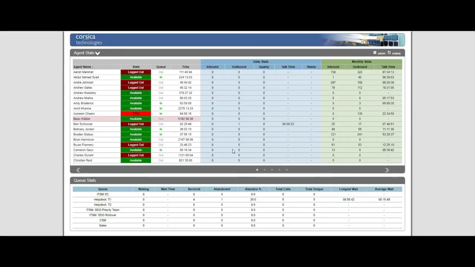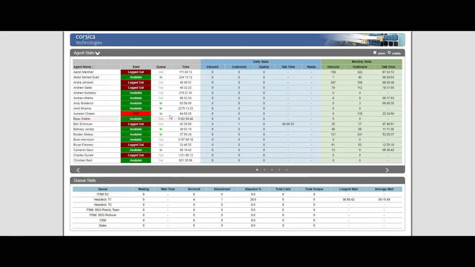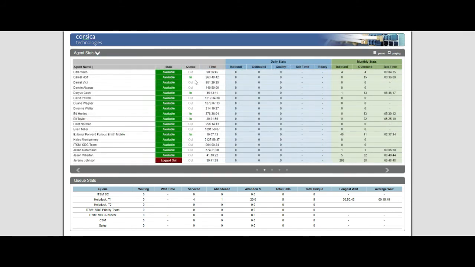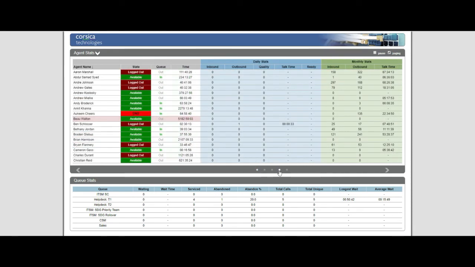And then there's a supervisory dashboard, again, where you can drill down into, is it all queues, is it a specific queue, and we can get consolidated reporting on statuses, availability, call stats by day, by month. You can see your percentages down bottom here in terms of queue stats. And it's really cool, right? Because we can even highlight certain people that have not been logged in a certain period of time or have been on a call for too long. Again, there's a lot of different possibilities here.